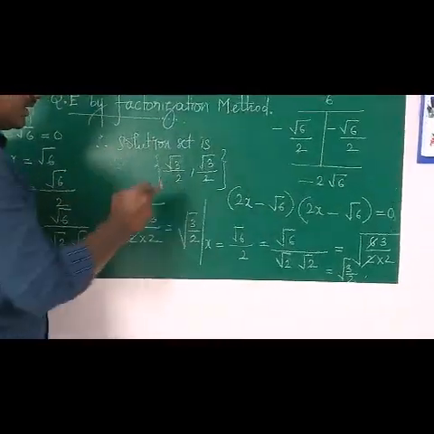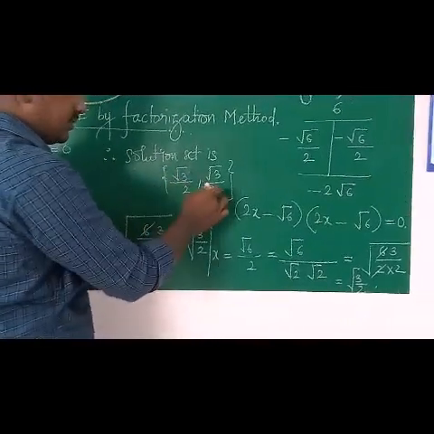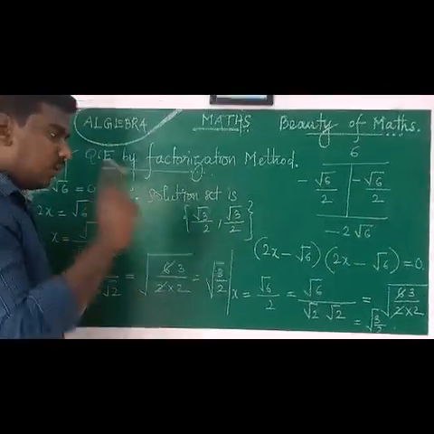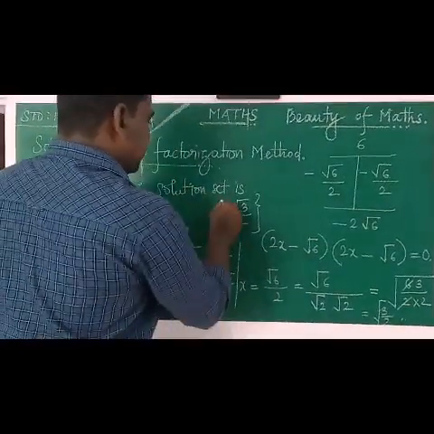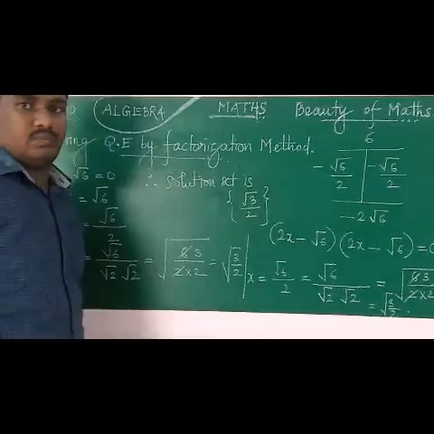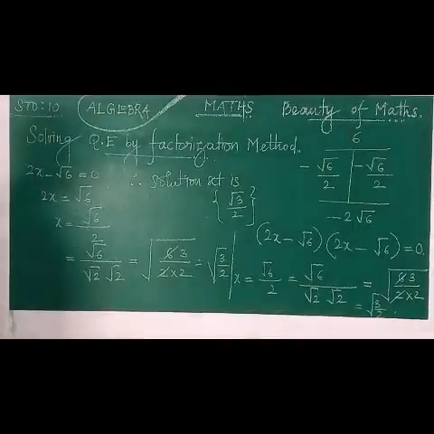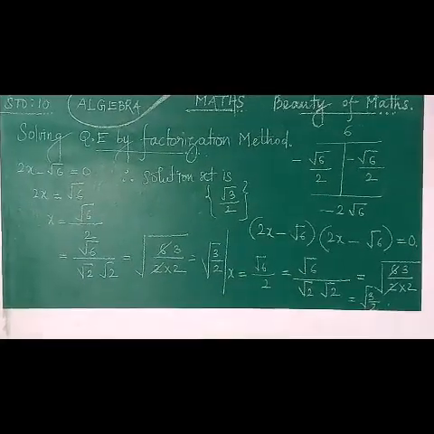See, you know one thing. If you write inside the set bracket, we write that term once. Repetition is not allowed. So that's why I write here solution set is root 3 by 2. Okay. Let's move on to the next problem.